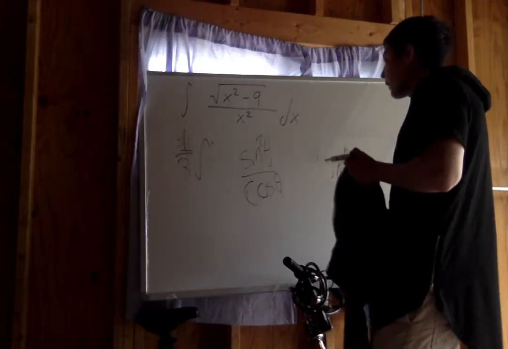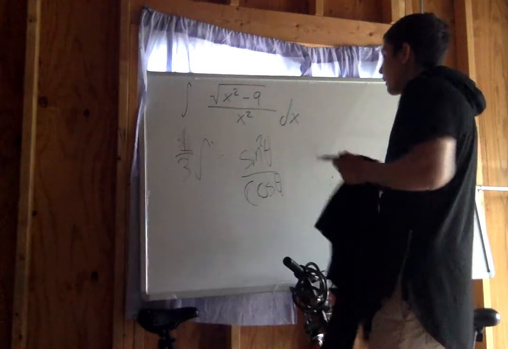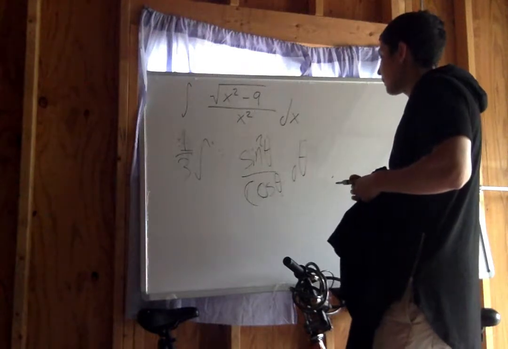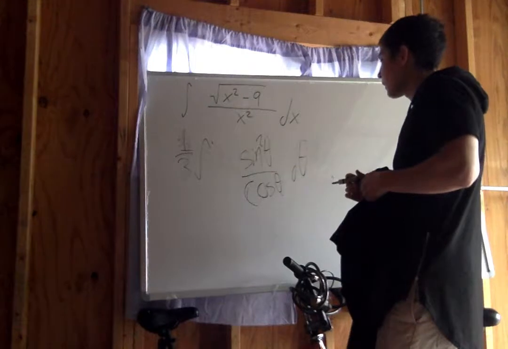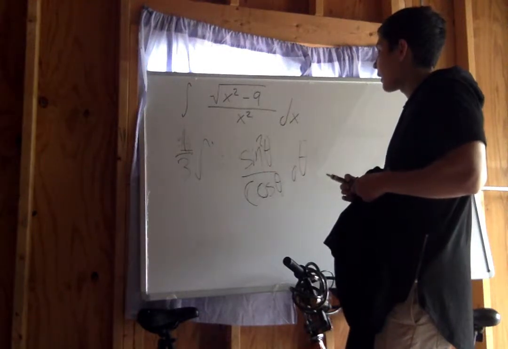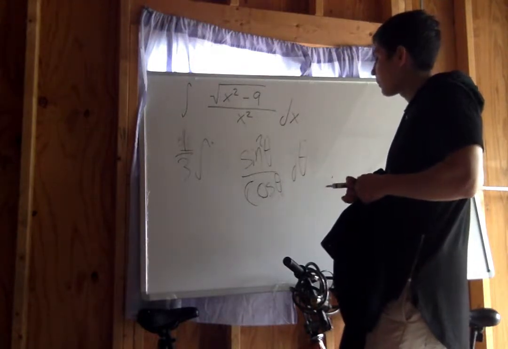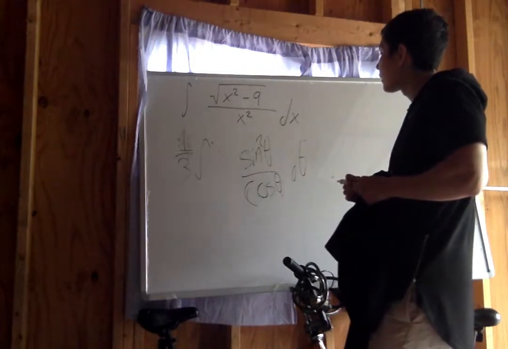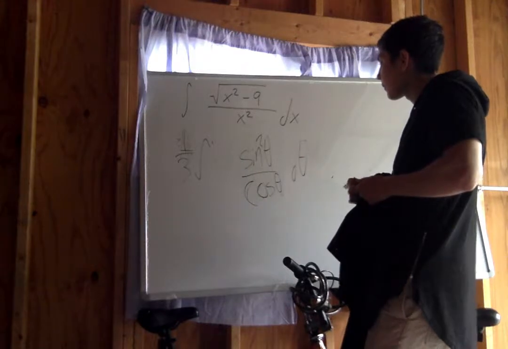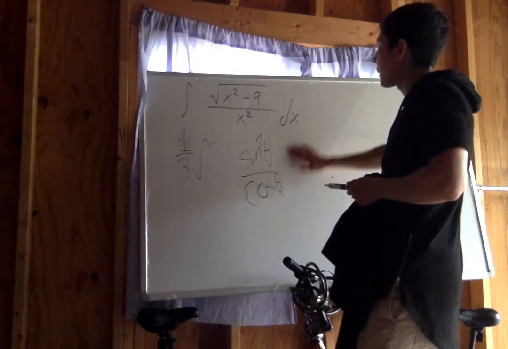Okay, now where do you go from here? Well, you can make a u substitution in order to solve this. So go ahead and do that. Or it might be easier the other way. Maybe if we just have 1/2 sine times cosine. Or we can do, you know what we can do? Okay, I see now. We could do,